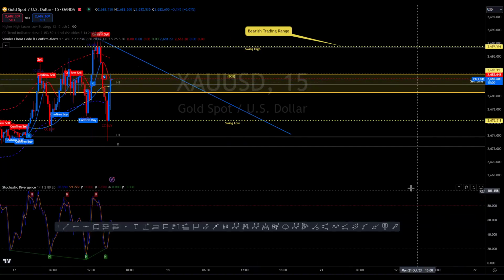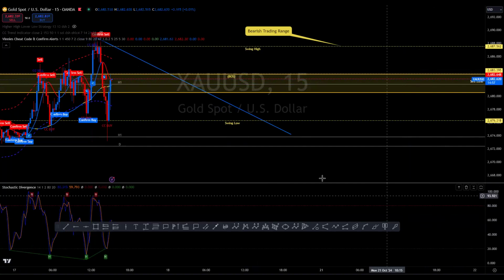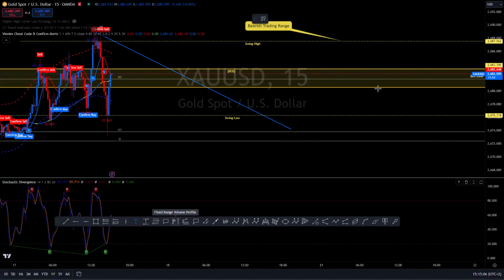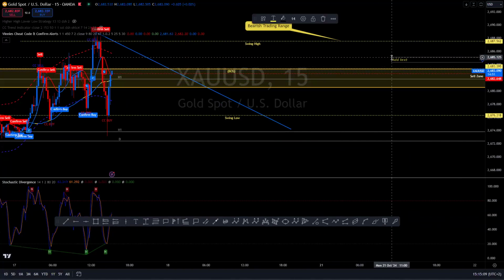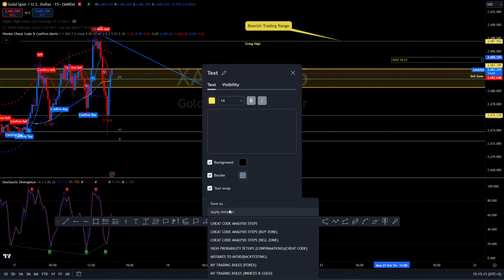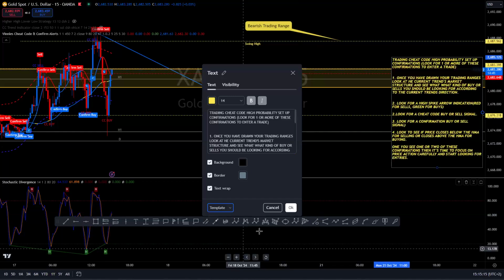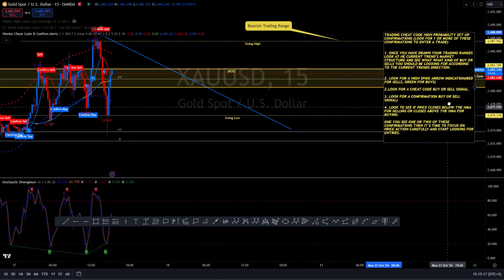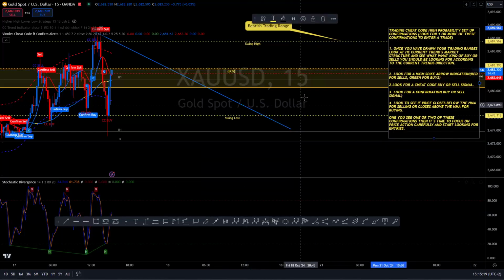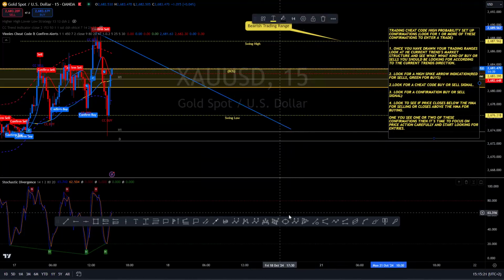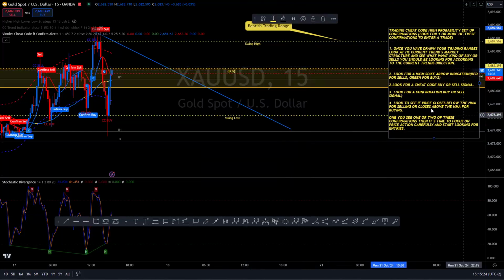All right, so the 9:15 candle has just closed. So let's go ahead and post my rules here. Then we're going to look over everything. So the first thing we're going to do is actually look at the overall market structure